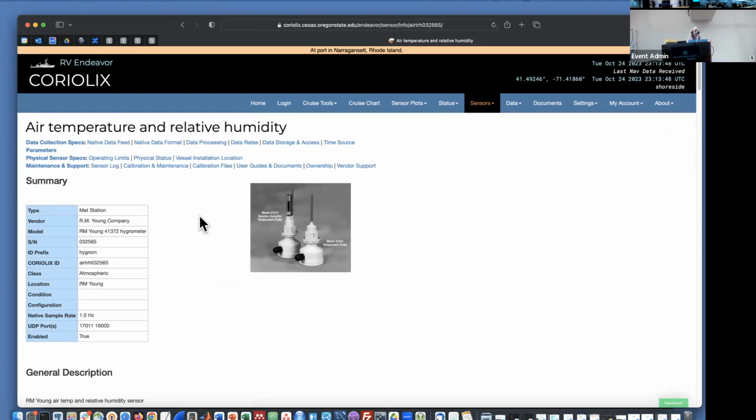is mandatory to include in the system. It's really up to the vessel themselves how far they want to go with how much metadata they would like to include. So I don't want you to freak out, but okay. Going back to that sensor list page,